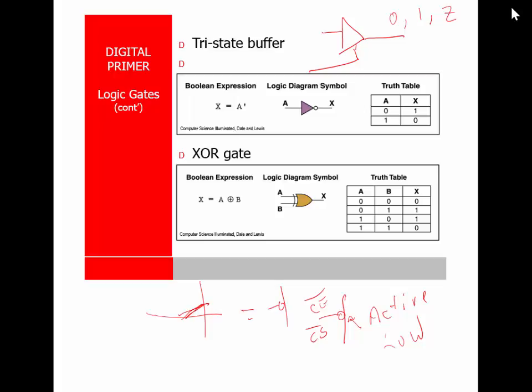But again, the whole idea is if A and B are both low, the output is low. If A is low and B is high, the output is high. If A is high and B is low, the output is high. And if A and B are both high, then the output is low. It's a little different. This chip actually has a lot of use in adders,